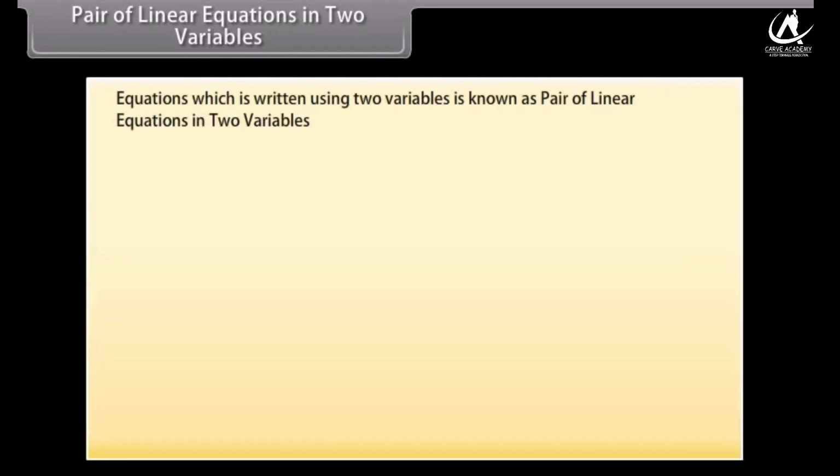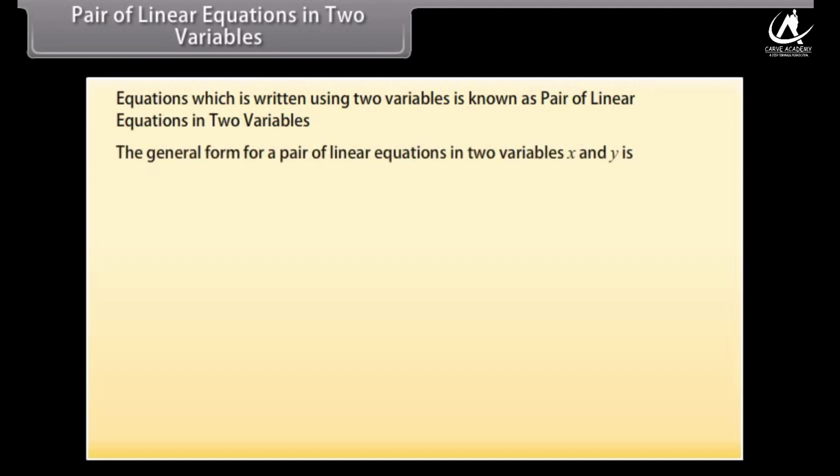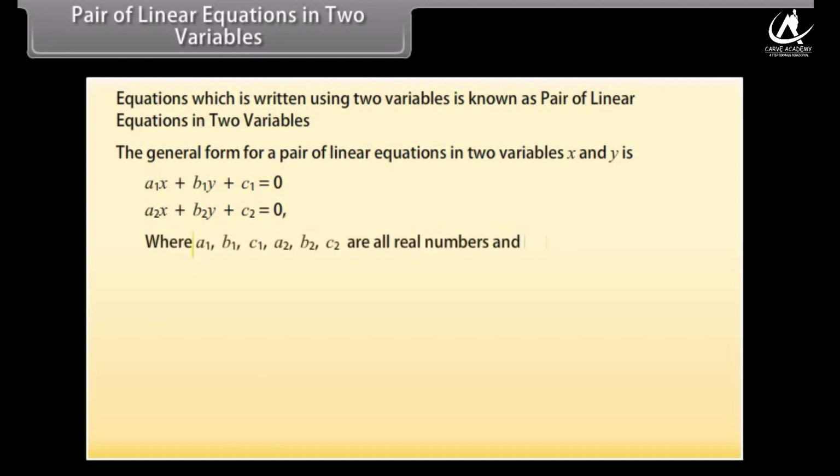Pair of linear equations in two variables. Equations which are written using two variables are known as a pair of linear equations in two variables. The general form of a pair of linear equations in two variables x and y is a1x plus b1y plus c1 equals 0, a2x plus b2y plus c2 equals 0,